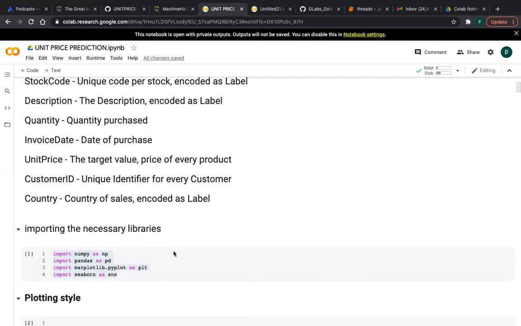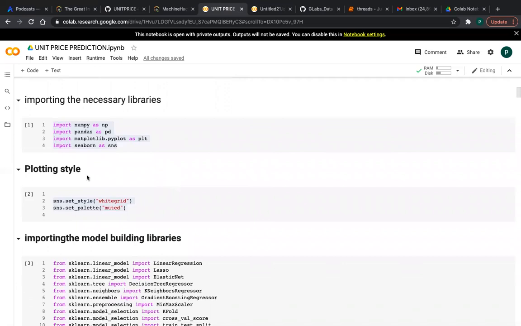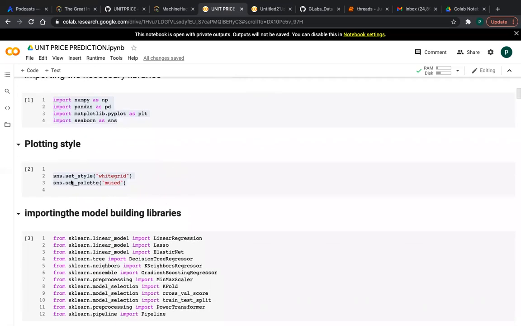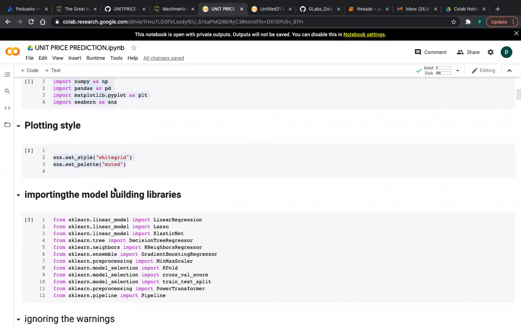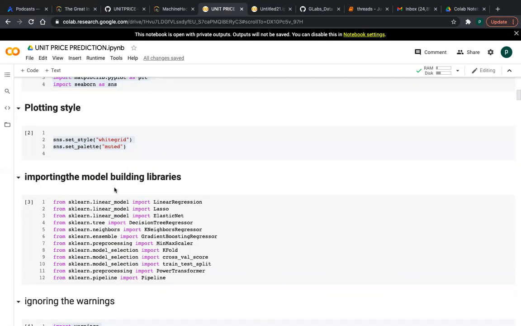And these are the imports of the necessary libraries. These are the basic libraries to do any data science project, friends. I am setting the plotting style with SNS, using Seaborn, whitegrid. Whitegrid comes in when you are doing visualization or any plots.